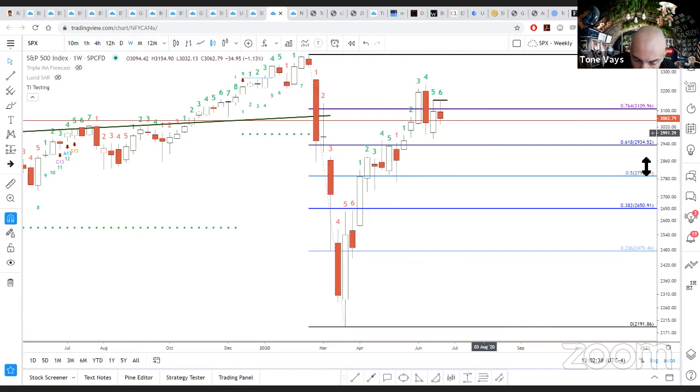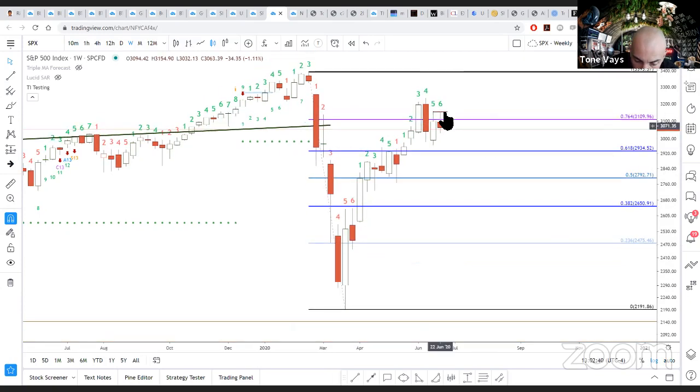So everything changes. If this week we go and close above the highs of this week and last week, because they're even, then we challenge this high. And if we challenge the 2340 high, I just don't see how the market would not go to new all-time highs and then probably double over the next years. This is really it. If the stock market isn't crashing from here, I just don't see how it would.